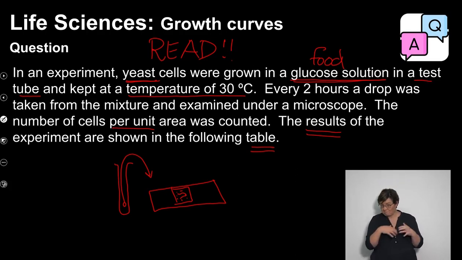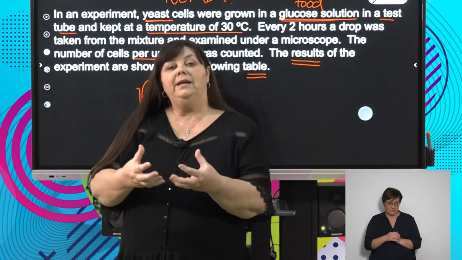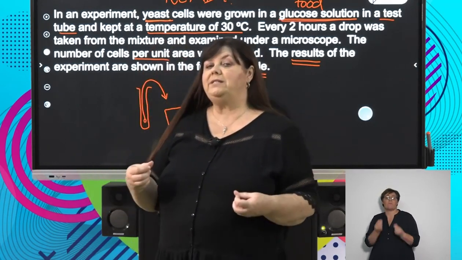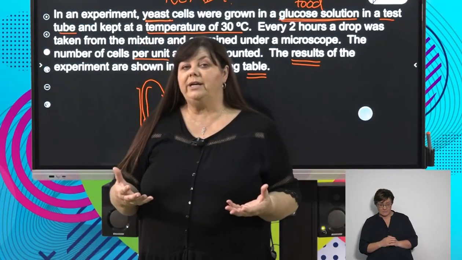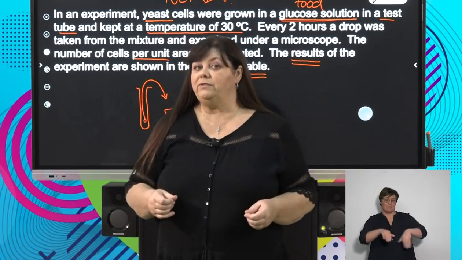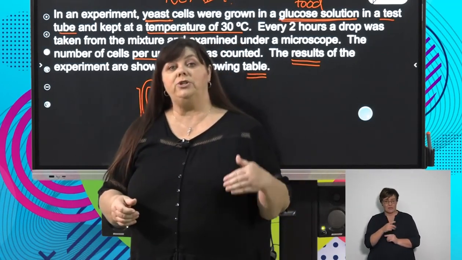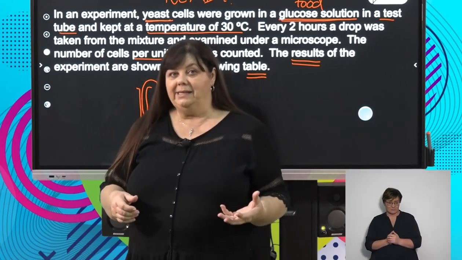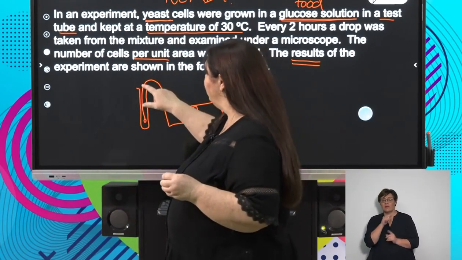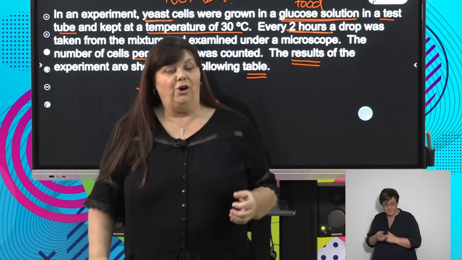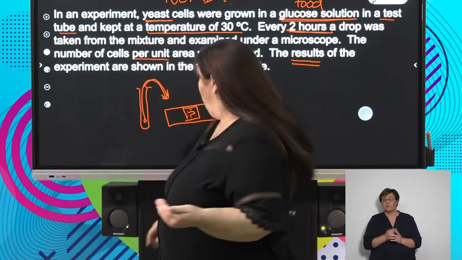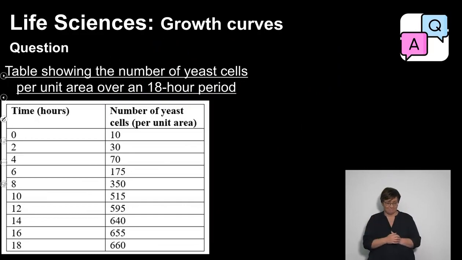So I think you understand the setup. We're growing a population. Our population is going to receive food. It is going to be kept at an ideal temperature, but it's in a limited amount of space. And we know that these yeast are going to be reproducing quite rapidly, and we're going to take a sample every 2 hours, and we're going to have a little grid on our microscope slide, and we're going to count the population of yeast cells. All right, we're going to produce this kind of data